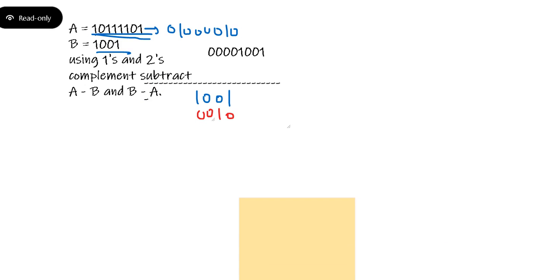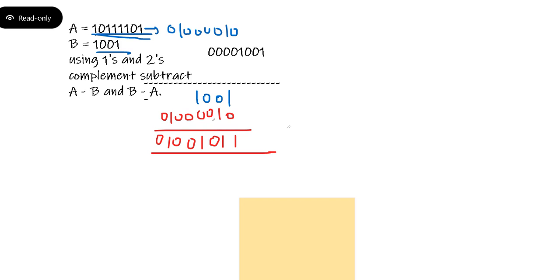Did I add extra? 0, 1, 4 zeros, 1, 0. So now what it is? 1, 1, 0, 1, 0, 0, 1, 0. This is the value.